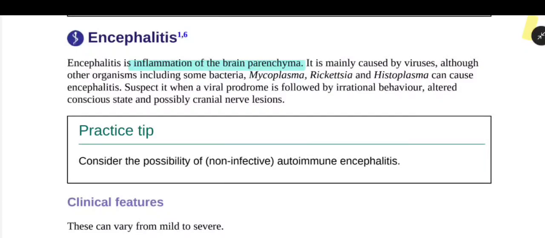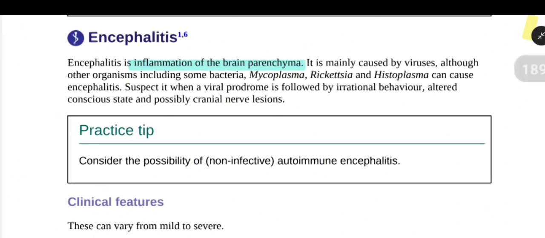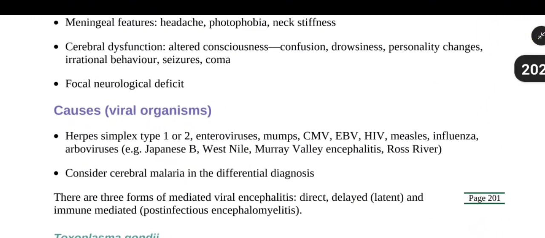Encephalitis is the inflammation of the brain parenchyma. Causes are infectious and non-infectious. Infectious causes include viruses. These are the viruses: herpes simplex 1-2, enterovirus, mumps, cytomegalovirus, EBV, HIV, measles, influenza,